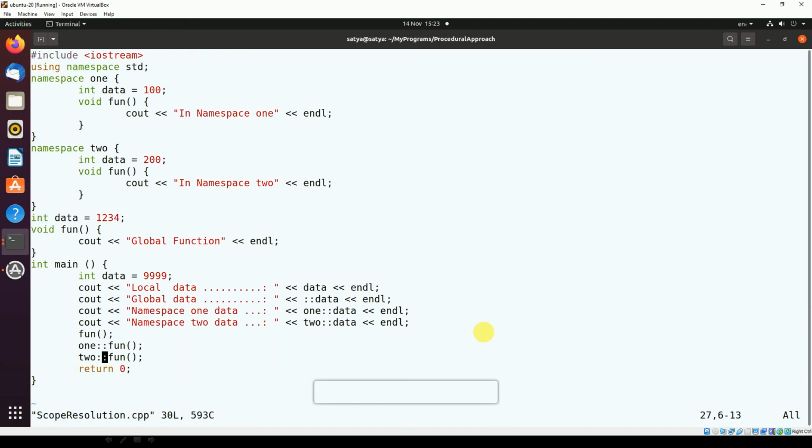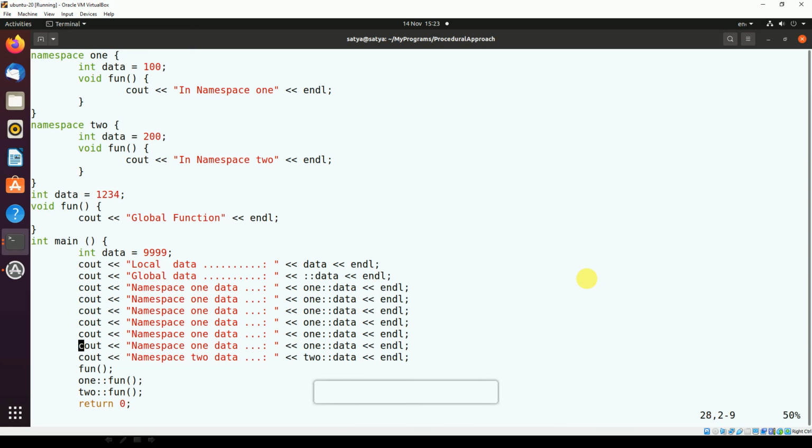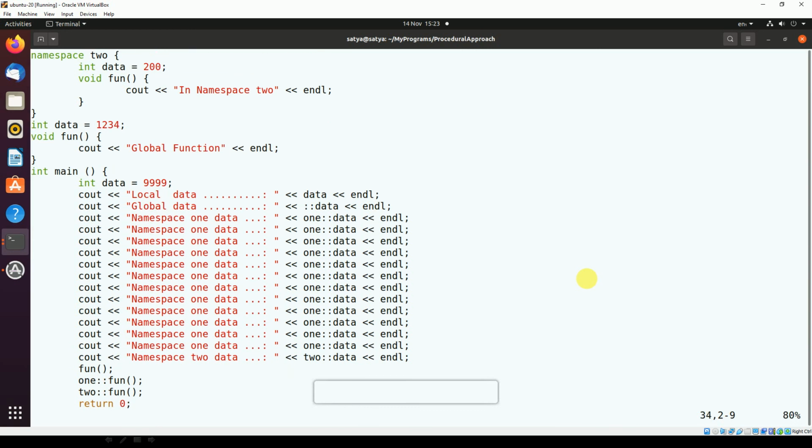For example, if I want to use this data which is present in namespace 1 for 100 times, 100 times you have to write like this: one scope data, one scope data, one scope data. Every time wherever you are using it, you have to write it, because after this line the visibility won't be there. This is compulsory. If you don't give this scope, then by default it will look for the current scope.